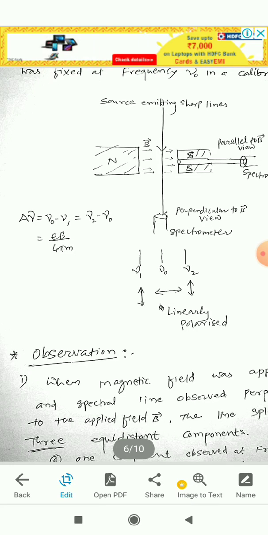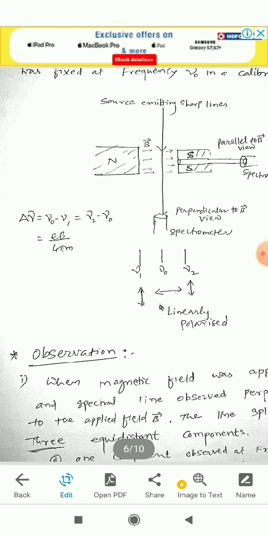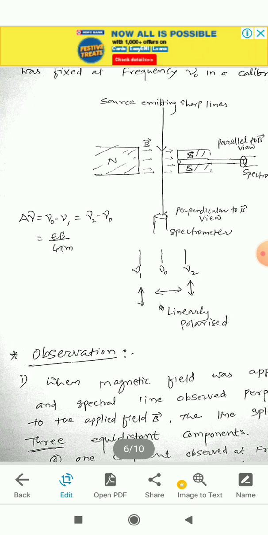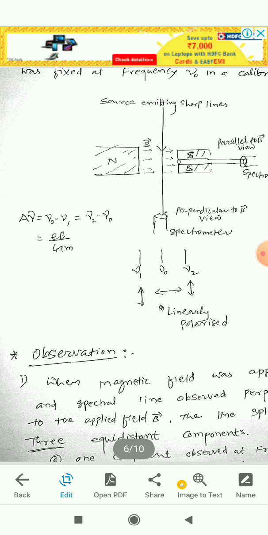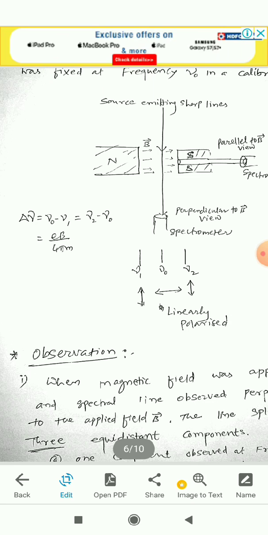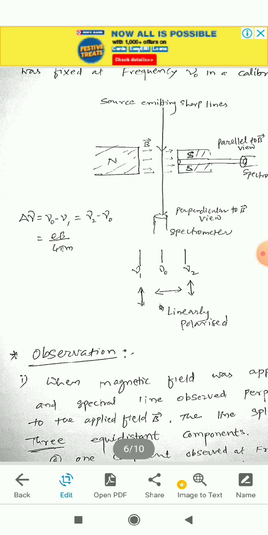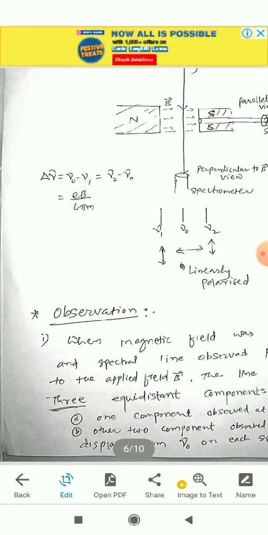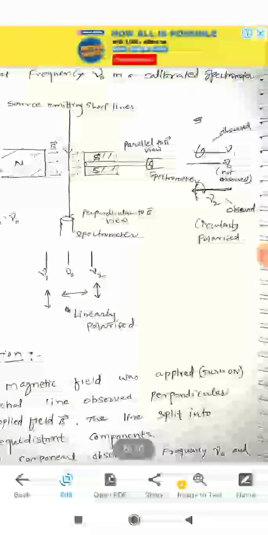So nu naught minus nu 1 is also equal to the right hand side nu 2 minus left hand side nu naught, which equals eB upon 4 pi m. So that shift we can calculate using this formula: charge on electron, magnetic field applied, divided by 4 pi m. So this is the first observation, and the second one is